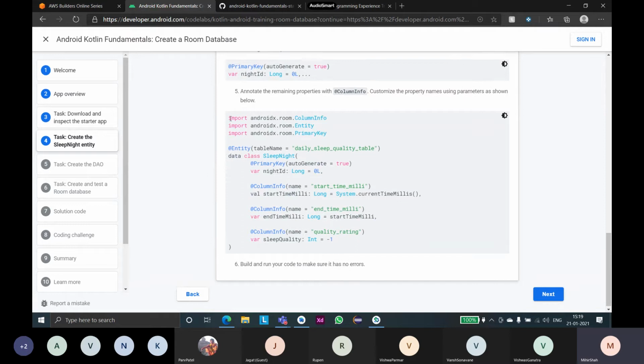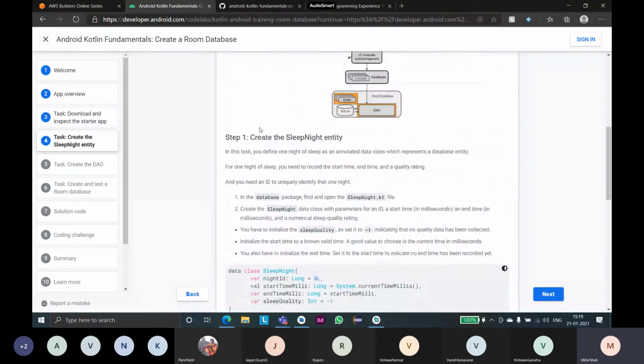Okay, and these are the imports which will be automatically imported by the IDE because Android Studio is a smart IDE. The primary key and column info are not mandatory, as I have previously told. In this case, column info only gives the functionality to change the name of the instance or the column. Okay, this is how we create the entity.